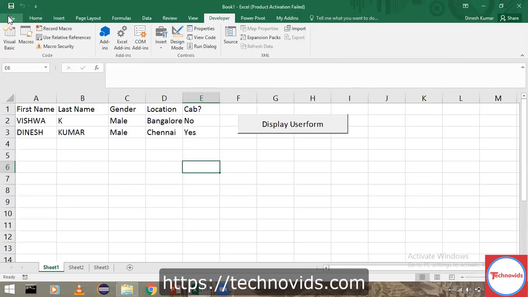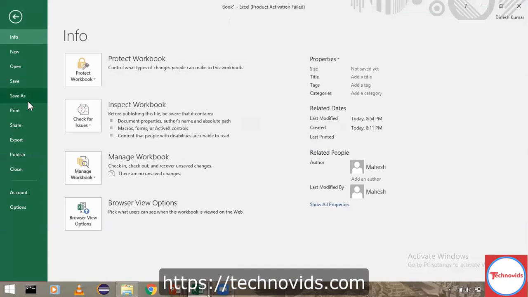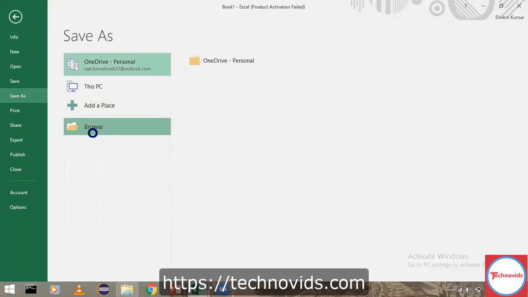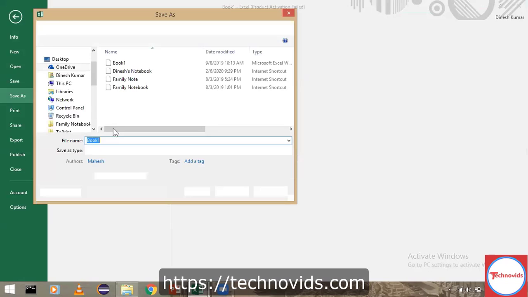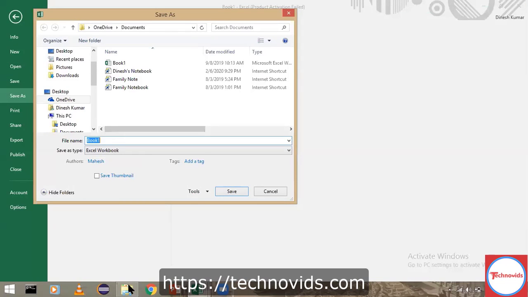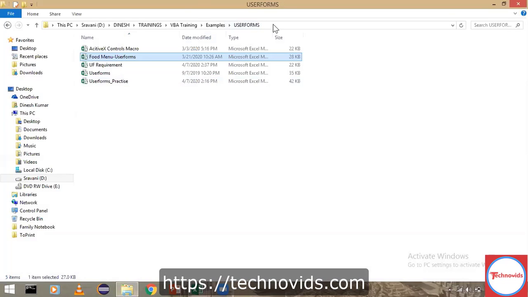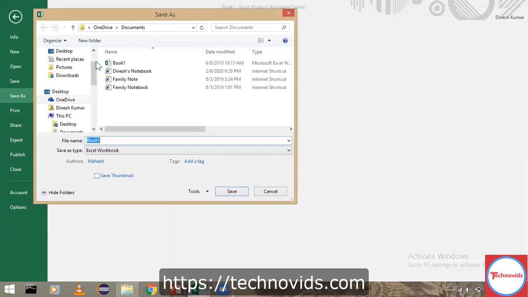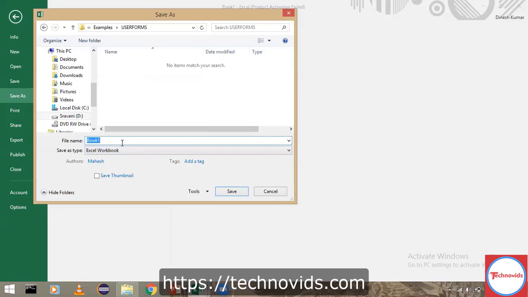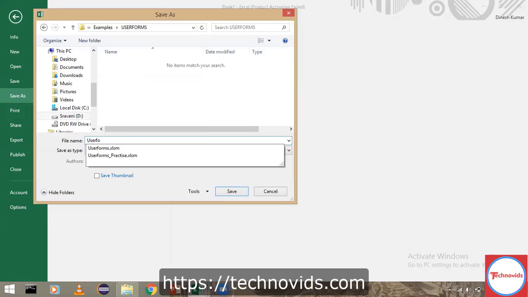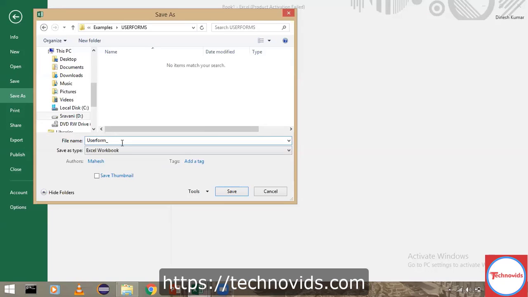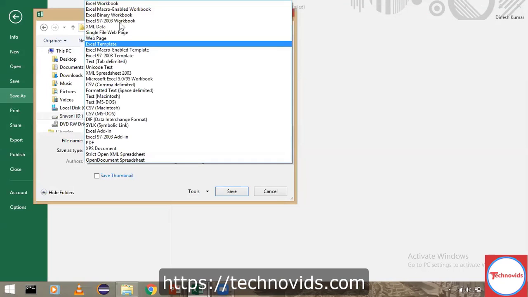This one I'll just save it off. Always remember when you are saving, it should be macro enabled.